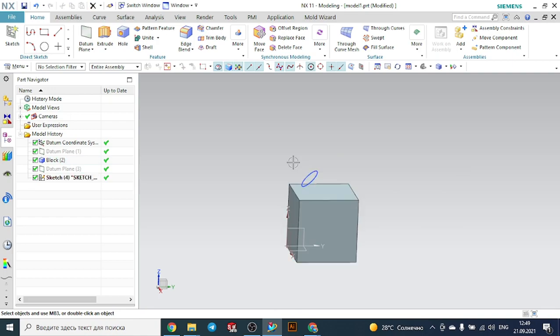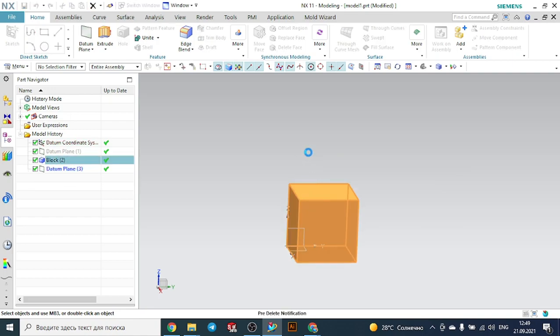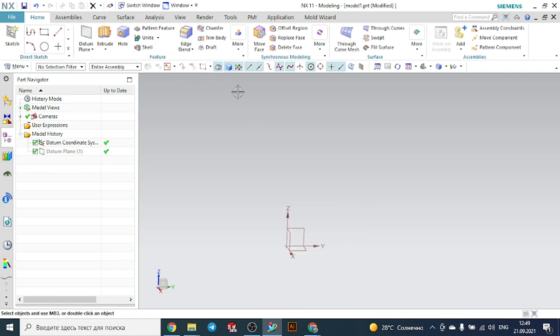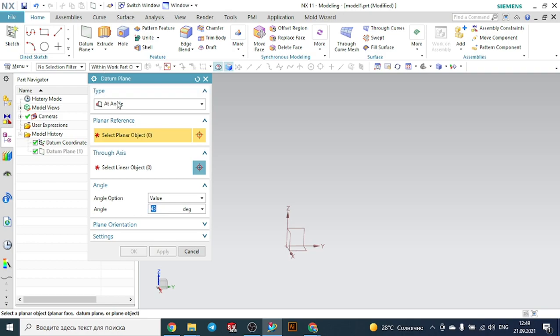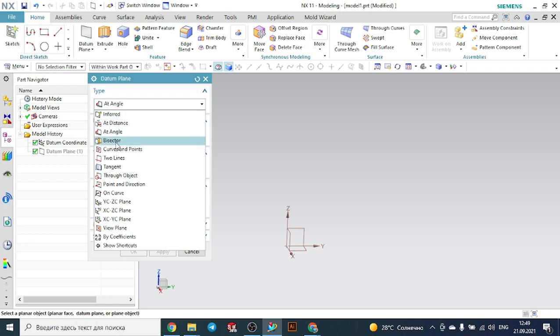So we can delete this one and this one also. Next type of the datum plane is, I think, Bisector. In the Bisector, you will create the datum plane that is in the middle of the two selected surfaces, faces. So in this case